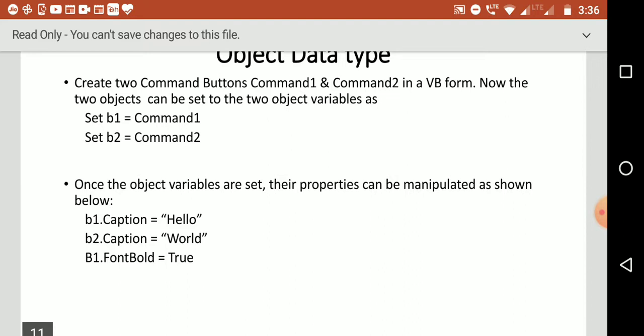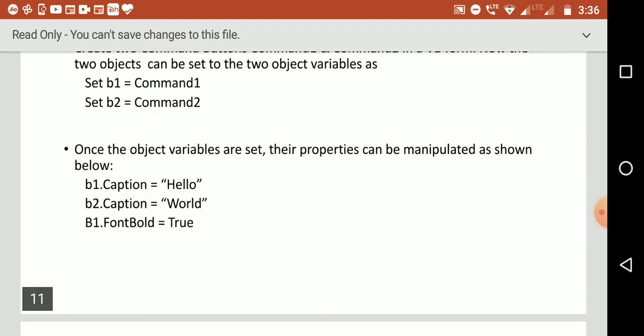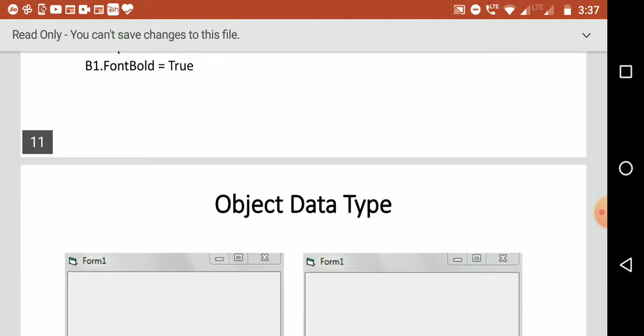The captions you have assigned to these command buttons, Command1 and Command2, are Hello and World. And you can also mention what type of font you want for it, so you are mentioning font bold. So this is how you can define command button object data types.